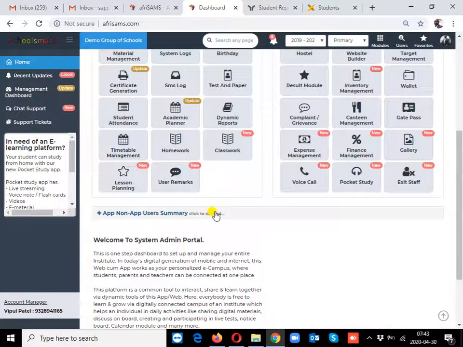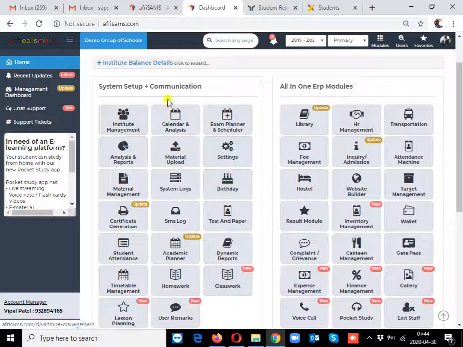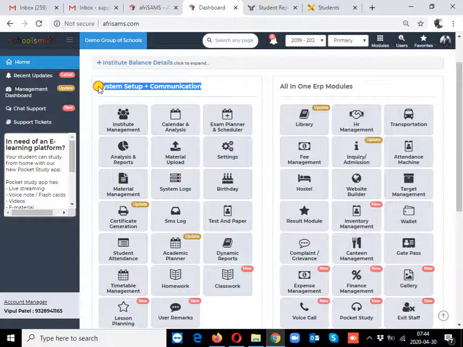So we have a lot. We have a whole lot. So in the next video, I'm going to show us more about the other functions, which is the all-in-one ERP modules. What I just went through is the system setup and communication modules. Okay, we have birthdays, we have a lot of things, SMS log, certificate generation